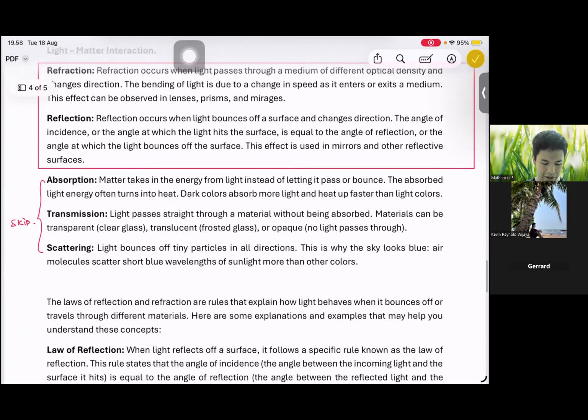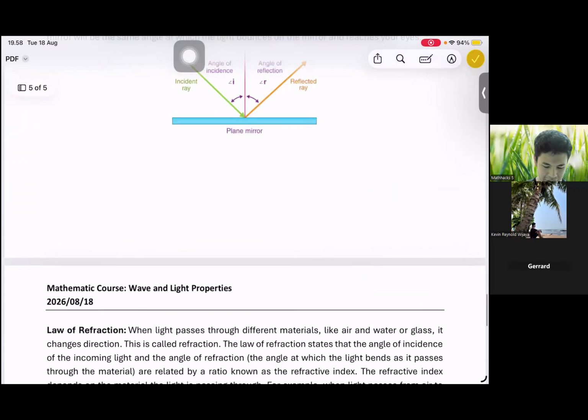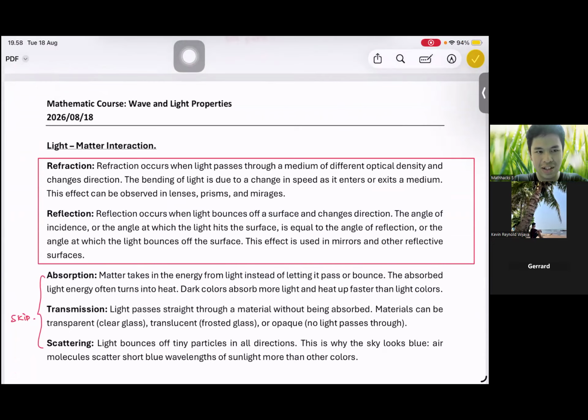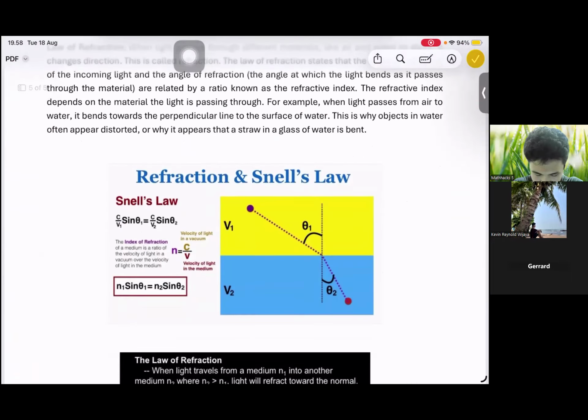Reflection and refraction. Okay, you can see it later, but the point of refraction is when the light comes to a different medium, let's say from air to water, the beam of light will bend. Normally it would have the same angle, but because it travels through different media, it has different angles, like theta 1 and theta 2, and from these different angles we can find the index of refraction. The index of refraction is basically like the density of a matter. If a matter is more dense, then the light will hardly move